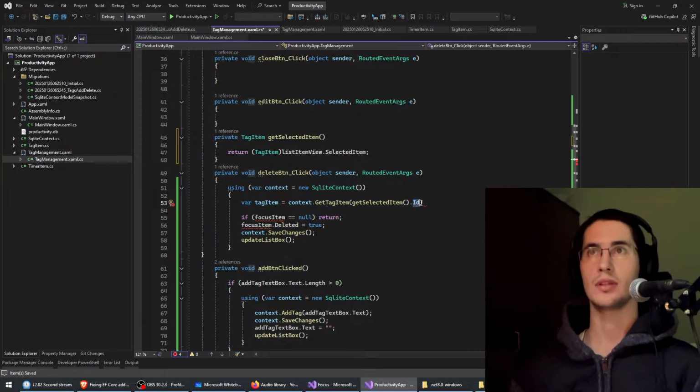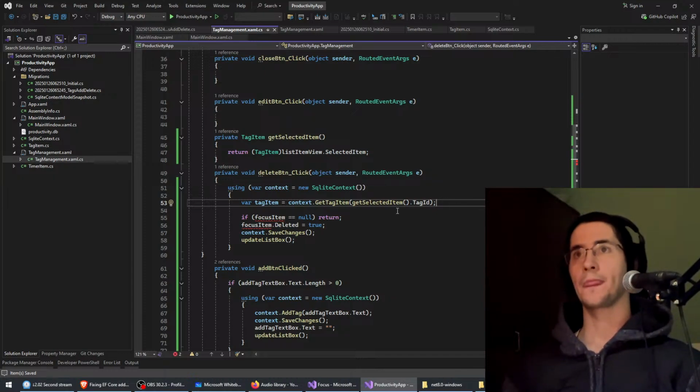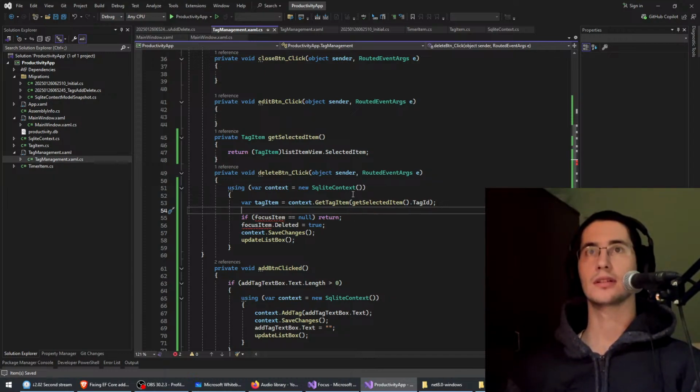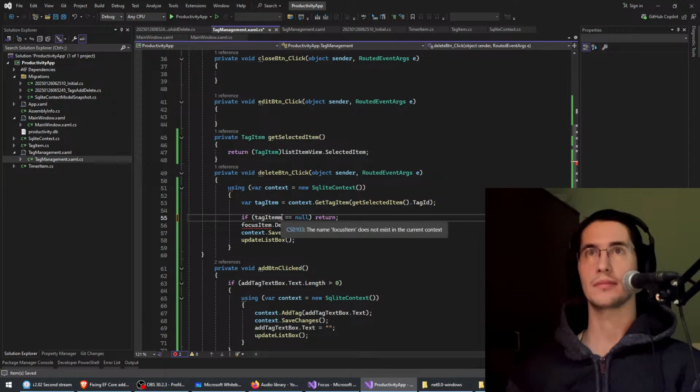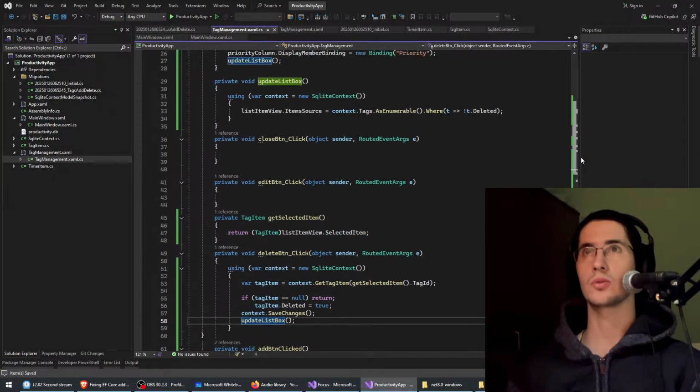And it should be tag ID. Like when we delete them, okay. And if we find the tag item, we set its deleted as true, save changes and update list box, but we also want to